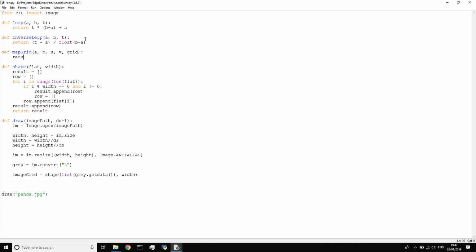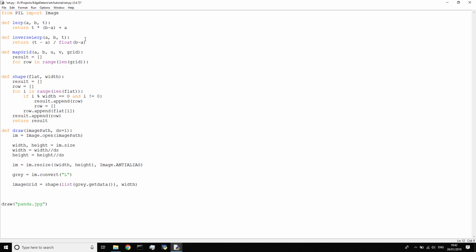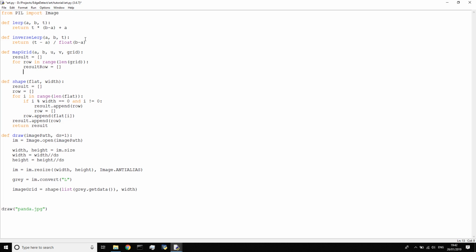So again, we're going to have a blank result. A result is going to be a grid of exactly the same dimensions, and we're going to add rows to it as and when we create them. So we're going to say for row in range len grid. So we're iterating over all of the rows, and now for each of those rows, we're going to create a row for the results table. Now we can iterate over every column